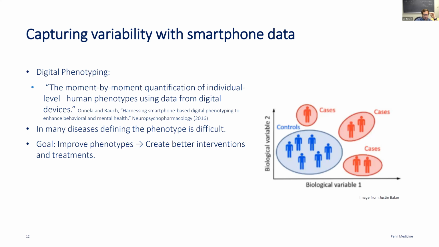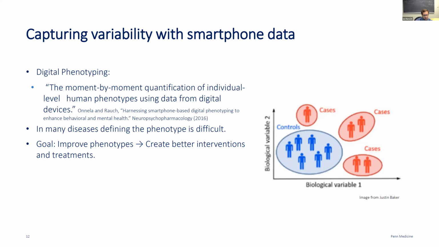So far I've talked about behavioral variability over the course of days and within a day, and how we've seen empirical evidence of that in a lot of cases for a lot of behaviors and a lot of symptoms. And I do like to talk also in a broader sense about this term, which is in the title of this talk, digital phenotyping. So, taking a step back,